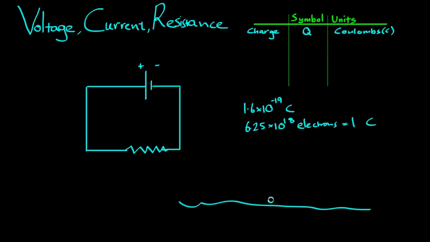The same concept applies to circuits. If we take a certain point here on the circuit and we measure how many electrons flow past that point per second, we can figure out the current in that circuit. So we have this idea of current. We use the symbol I, and it has units amperes or amps,